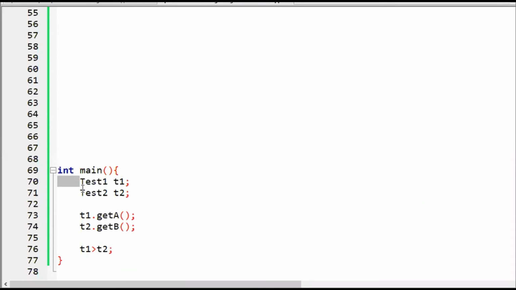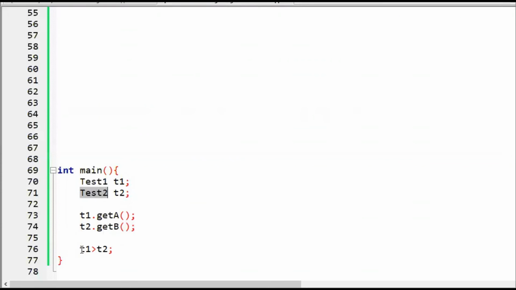In main method I have two classes, test1 and test2, and we have respective objects t1 and t2. I am calling t1 get a and t1 get b. It means by using this I am setting value of a inside t1. Whatever the variable is there, I am setting the value by using cin object. We will see in t2 we are also setting the b value inside test2.